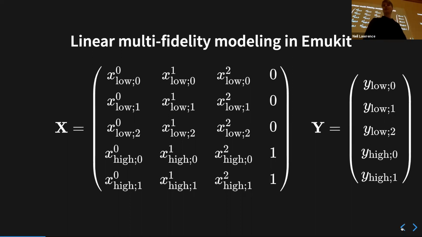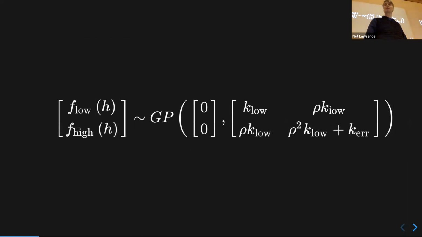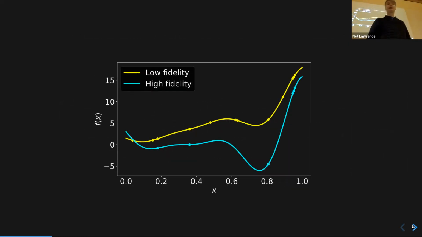The reason it's very general is because now you can specify these cross correlations between the functions in whatever manner you like, right? The classic thing to do, by the way, is just to assume no correlation. If you assumed f low and f high were independent, this would just be 0. And we can do that in this process as well, right? You just have to have a Kronecker delta function checking whether the indexes were the same before you compute your covariance. So when you start using Kronecker deltas and things like that on the indices, that's how you build these covariance functions. So you'll see that happening in the